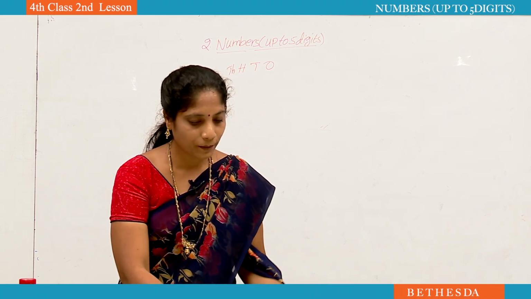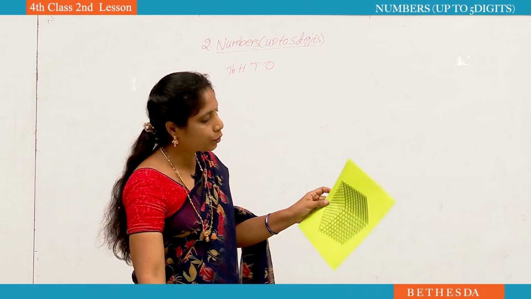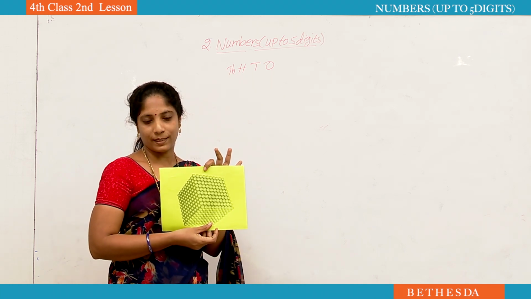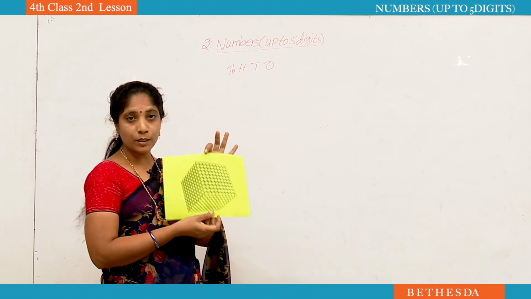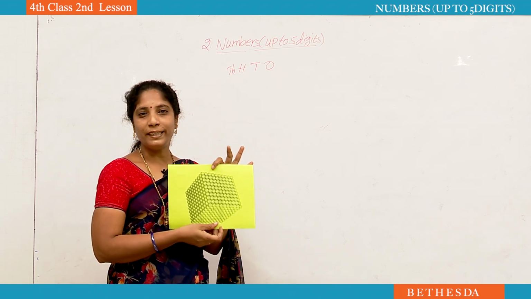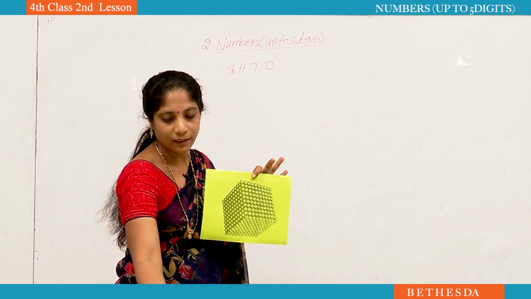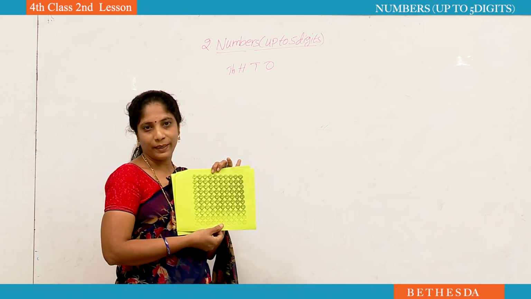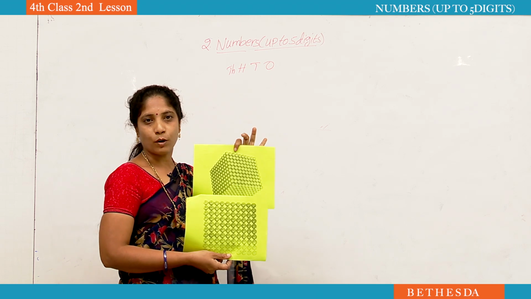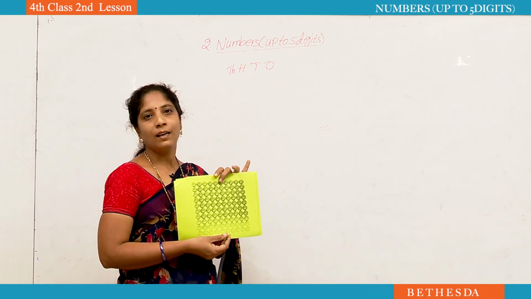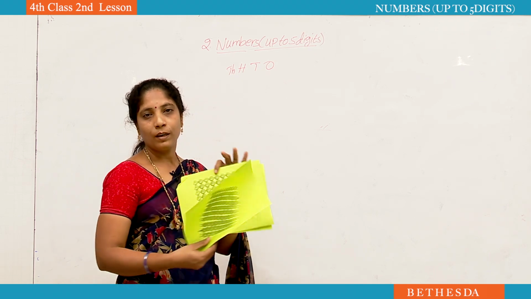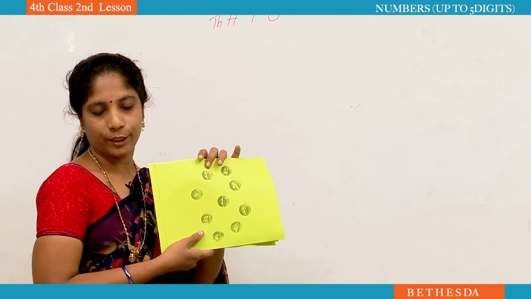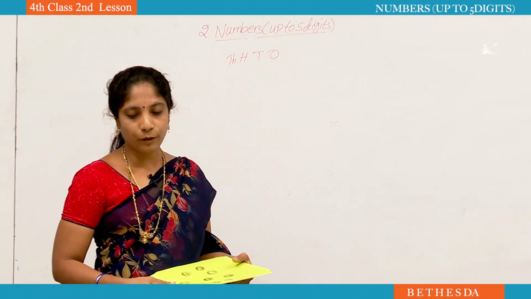Now all of you observe here. See this cube. This cube indicates thousands place. Why? Because in this cube we have 1000 beads. Already we learned this in 3rd class, 4th class also. This square indicates 100 beads, the hundreds place. These strings are the tens place. Individual beads indicate the ones place. Already we learned that. Now all of you open your PEP activity 2.1.